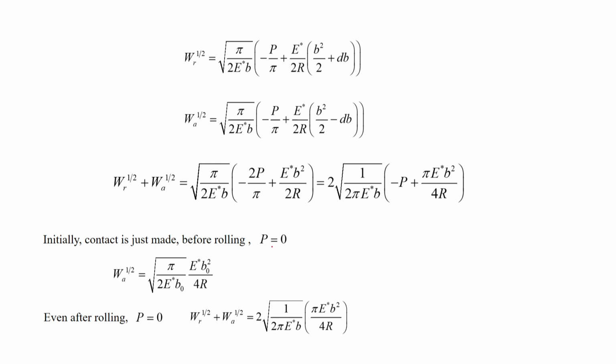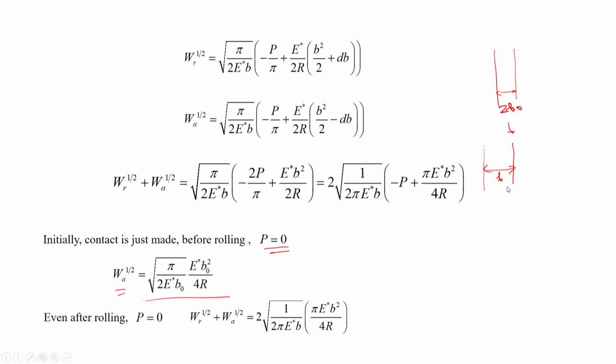So, therefore, this p is equal to 0, and then we have the square root of W A. From here p is equal to 0, so I directly get this quantity. Now, before it has started rolling, remember that the contact width is actually 2 b 0, right, and after it starts rolling, the contact width is a little larger,